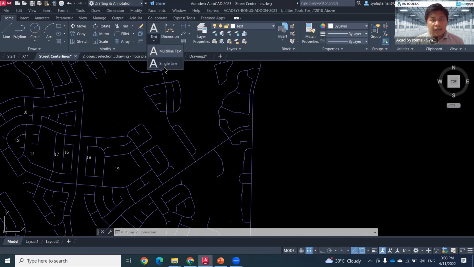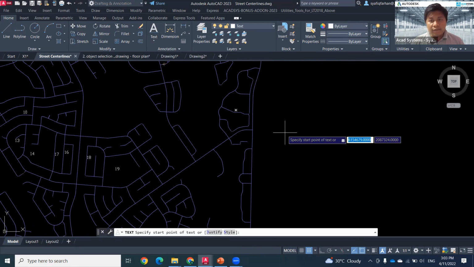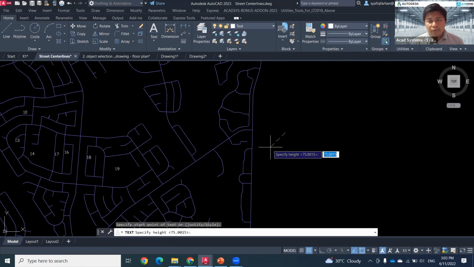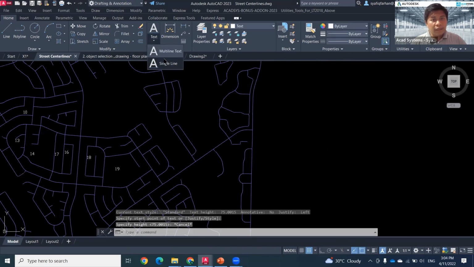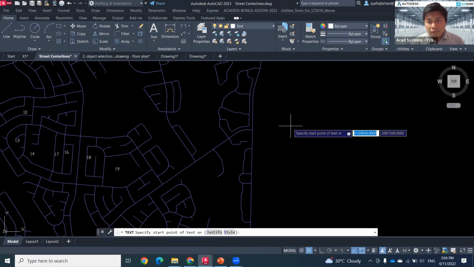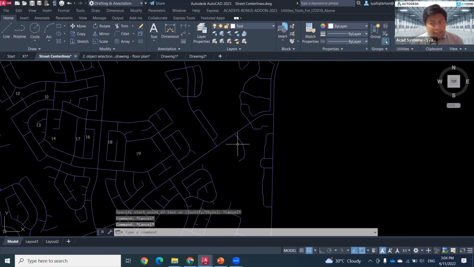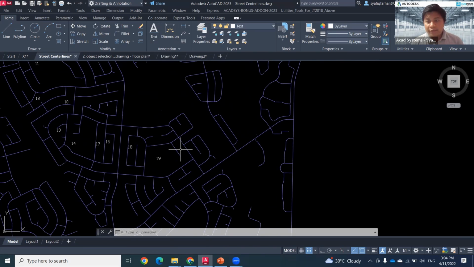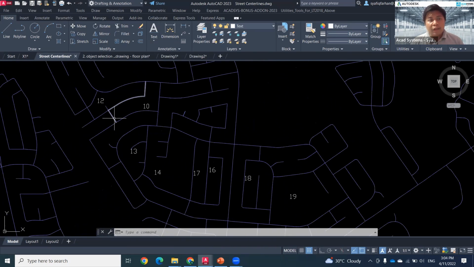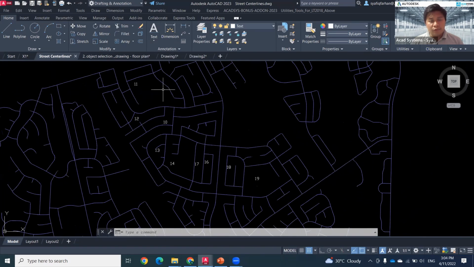In this case, I try to click on this single line text. The value is quite high because this is a very big drawing. That means my table style I need to edit, or later after you insert, you can also scale it. Since this drawing is quite big, it's really hard for me to specify the text height later. So right now, what I want to do, first step,